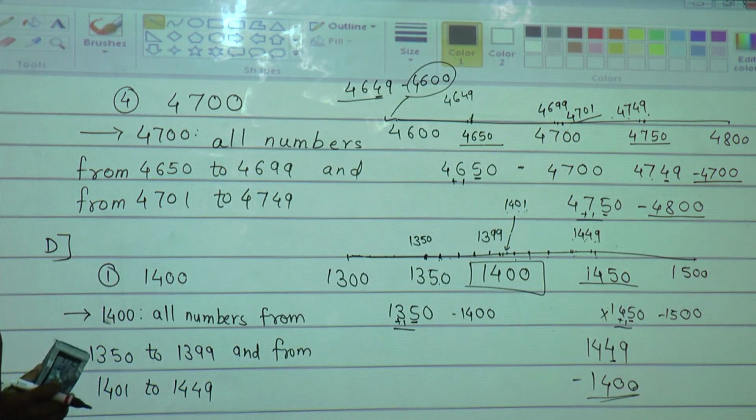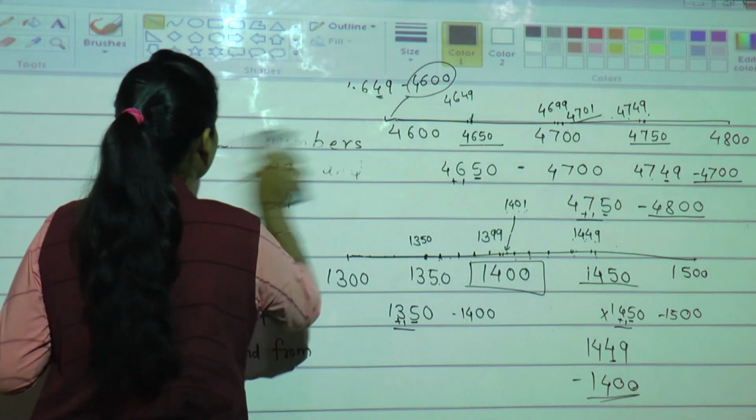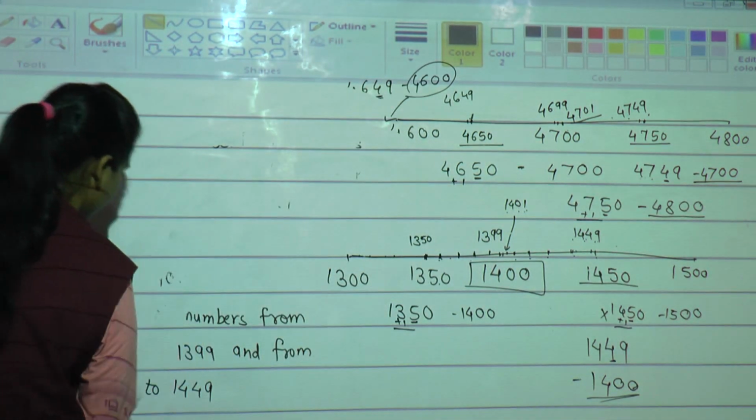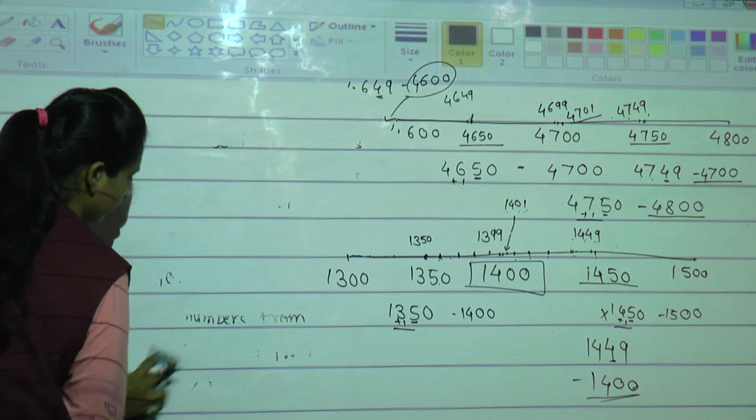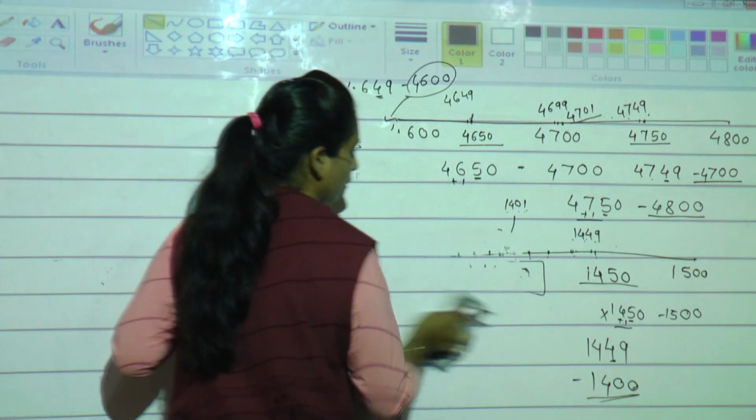Okay. Shall we move to the next? Yes. Now we will move to the next. Now see the E question. What is the E question in the textbook? I have solved the first and fourth one. Now the remaining second and third you can solve on your own. Okay.